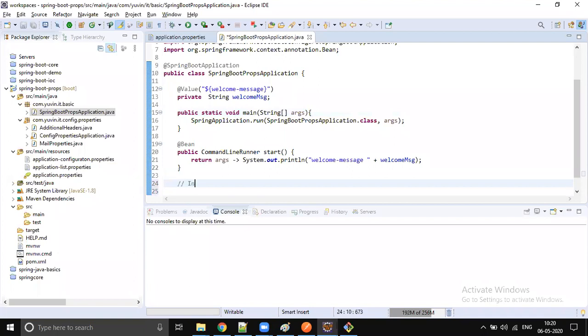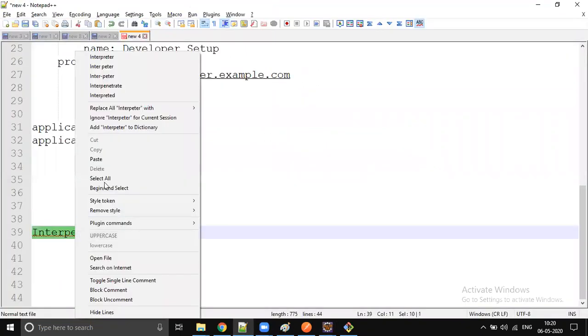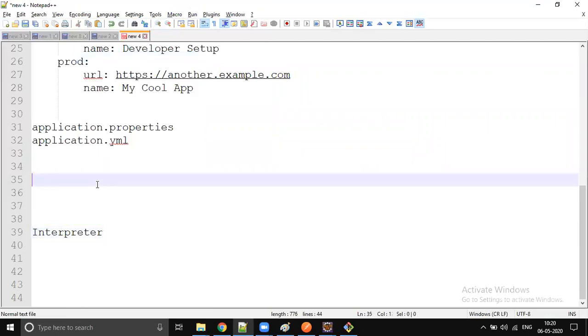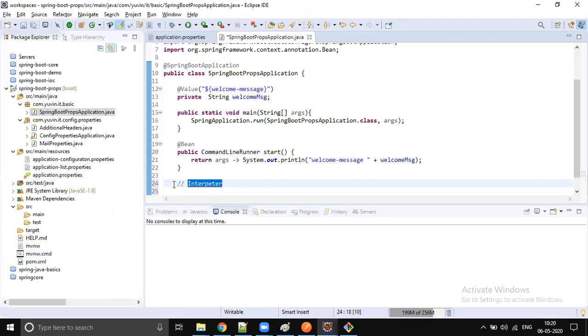Java internally uses an interpreter, so Java won't load the complete file into memory. It executes line by line, interprets line by line, and that interpreted code is loaded into memory. But in JavaScript, the execution model is different. It loads the entire file into memory, so any spaces occupy more memory. That's why we compress and load the compressed file. But in Java, nothing like that.